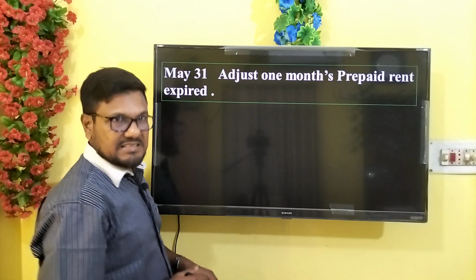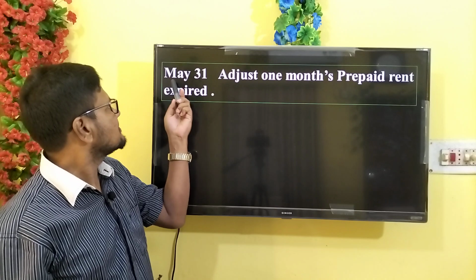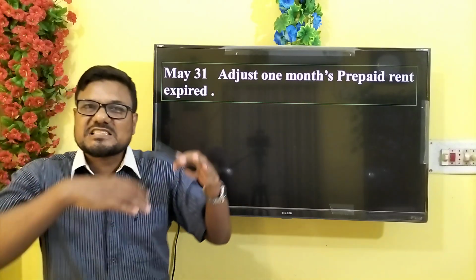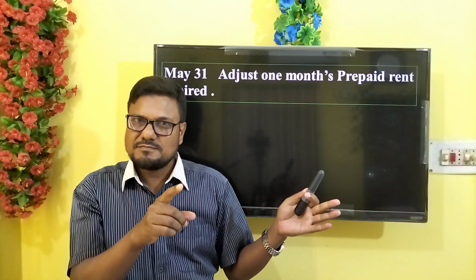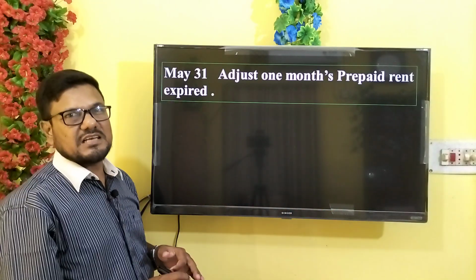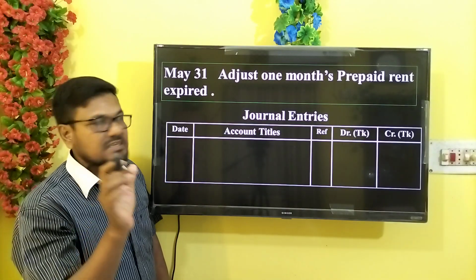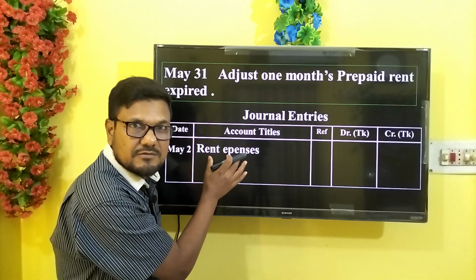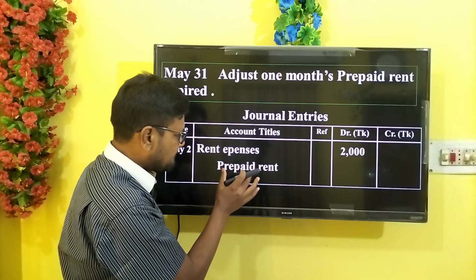And another transaction from the previous prepaid rent: on 31st May, adjust for 1 month's prepaid rent expired. That means 6,000 for 3 months. But what is the amount of 1 month? 6,000 divided by 3 equals 2,000 has expired. So rent expense debit, which is expired, 2,000 rent expense debit and prepaid rent credit,